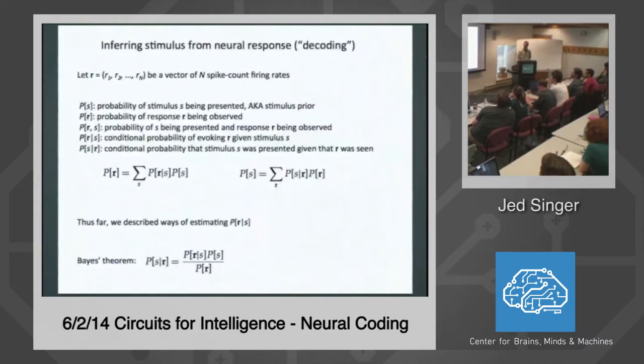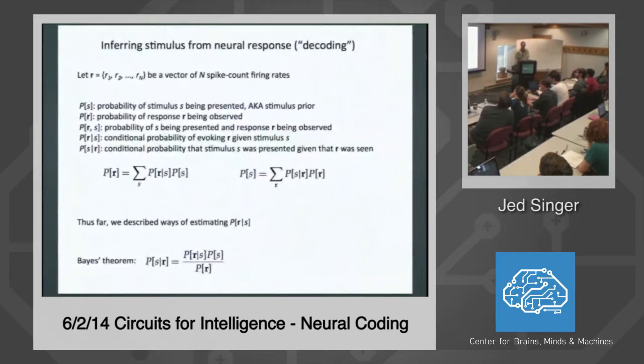A little bit of probability arithmetic. The prior probability of a response is equal to the sum over all stimuli of the probability of each stimulus times the conditional probability of the response given that stimulus. So if there's a particular stimulus that's very common,